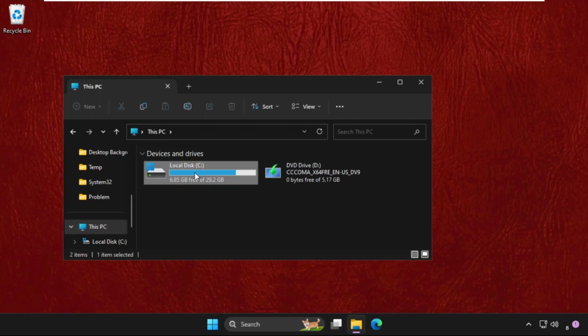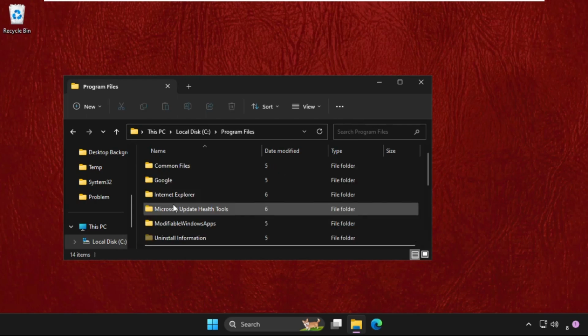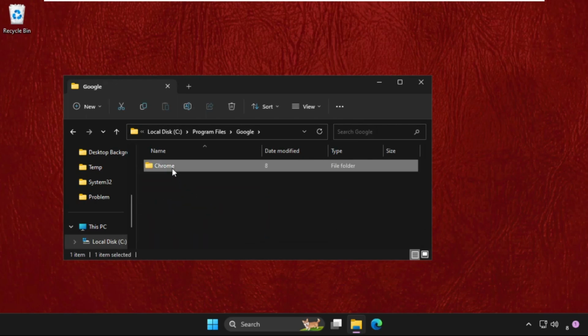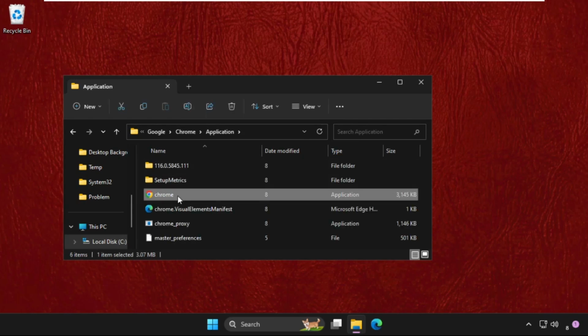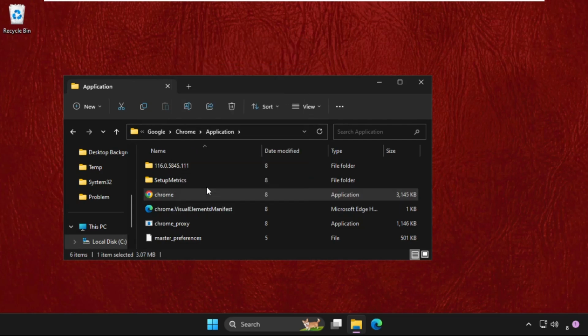open C drive, then open Program Files, open Google folder, then open Chrome folder, open Application folder, and here we need to change the Chrome name. So right click on it, select show more options and click on rename. Then simply add 1 at the end and hit enter,